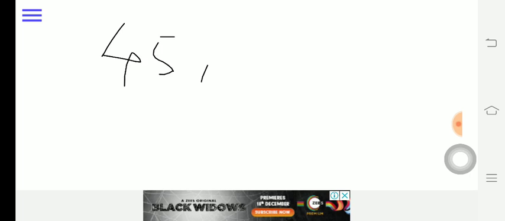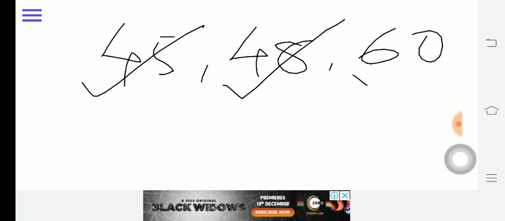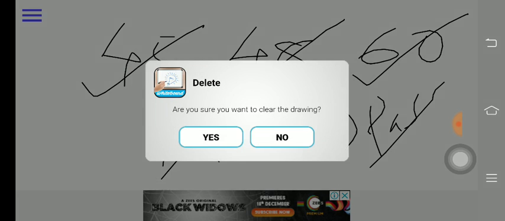Let us take another case: 45, 48 and 60. You are pass in this, you are pass in this, you are pass in this individually. As a whole this is 60, 100, 145 and again this is greater than or equal to 150. So again you come under the pass category. So I hope these examples have cleared your doubts. This was the example for the first physical attempt, first attempt only.